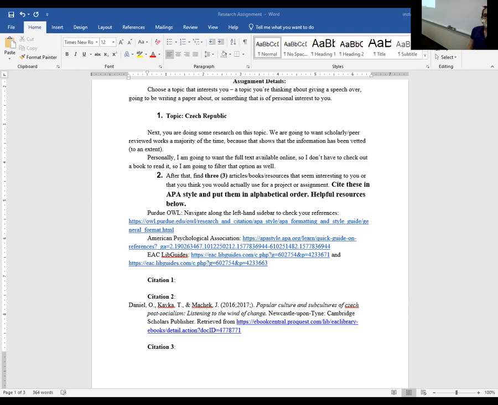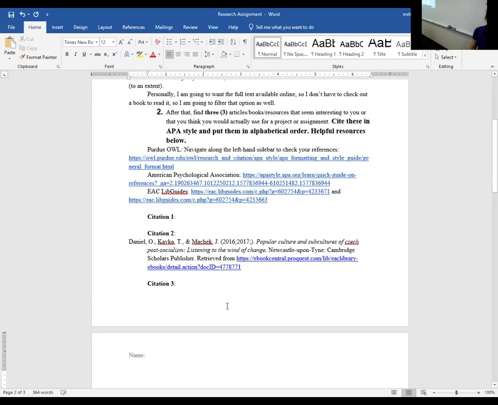So maybe I want to talk about Czech music. So as part of their culture, then I'm going to cite it, drop down APA, double check that it's last name, first initial, year, title of the article, magazine or journal, pages, and then I need the retrieved from. Actually, I think this might have updated to APA 7, so you might not need that anymore. We'll check.